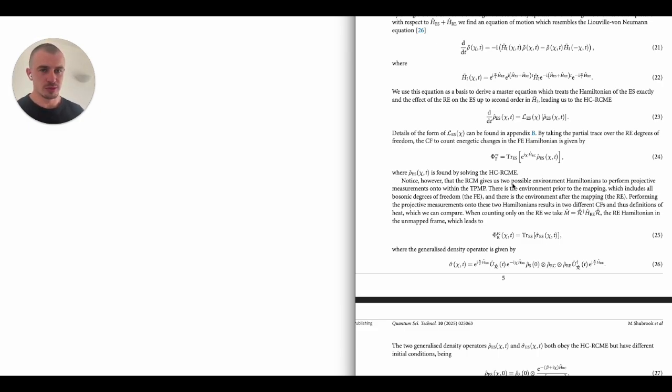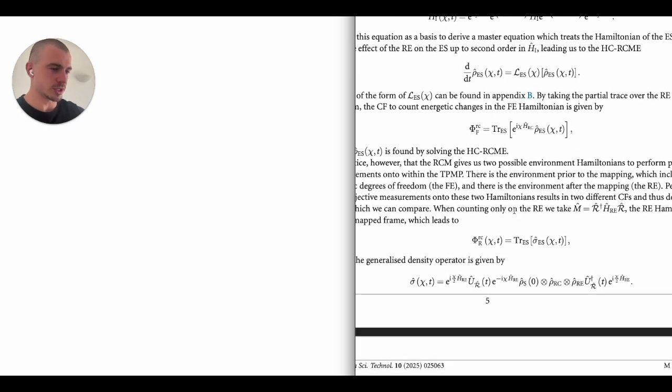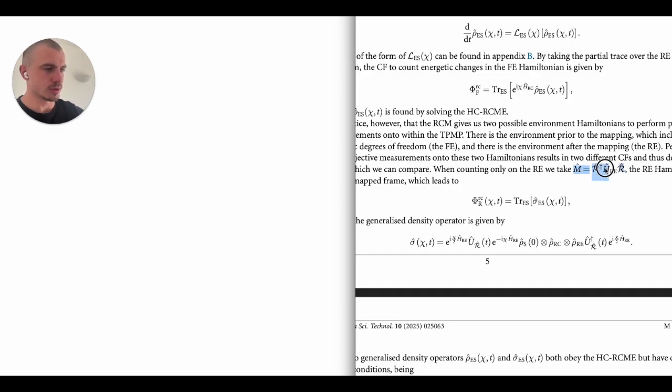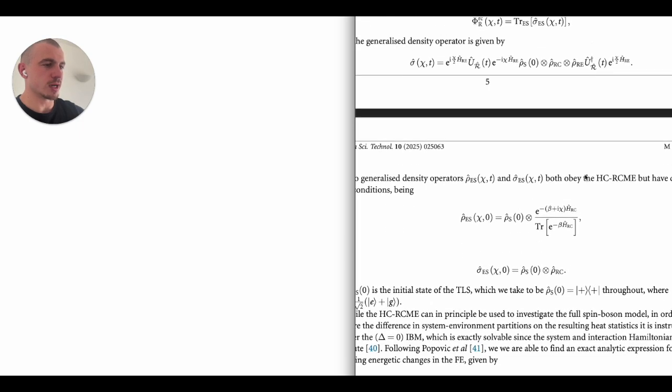But it's also possible, simply by changing the operator that we perform the projective measurements onto, to calculate the heat statistics or the heat transfer between the extended system and the residual environment. And we do that by going through a pretty similar set of steps. So we just take our measurement operator to be the residual environment Hamiltonian, but in the original frame. So we've just changed it with the mapping which performs the reaction coordinate appropriately. And essentially what we find is that